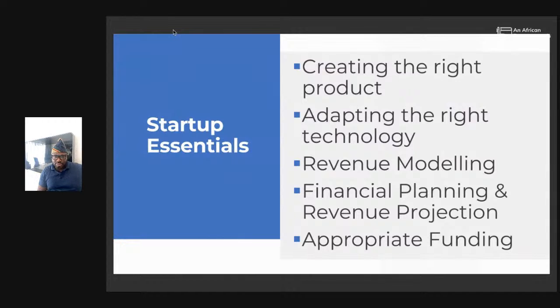So, quick one. One of the breakdowns and topical courses that we're going to take are these few, but we have more in other slides. So, Startup Essentials, the first topic that we're going to be looking at, which is going to be broken down into five different modules eventually, is creating the right product. What do we mean by the right product? The right product is a product that would help you achieve your vision, your mission, and give the value that you have promised your customers.